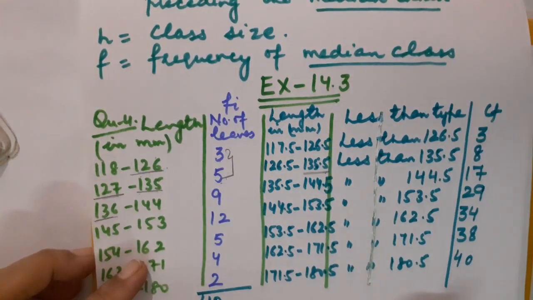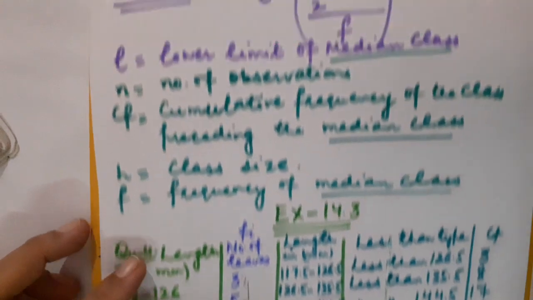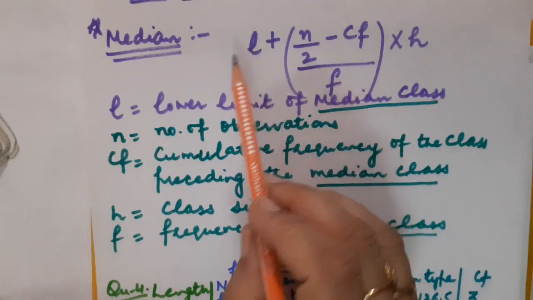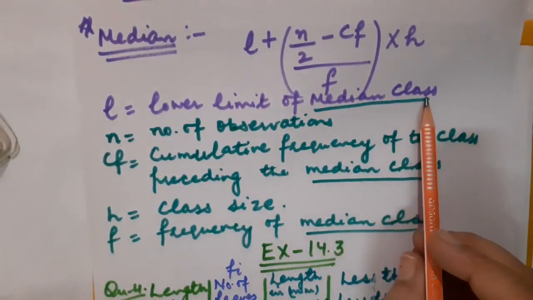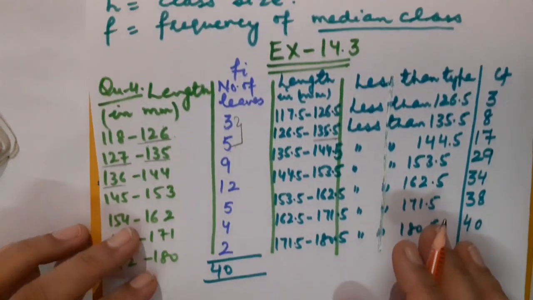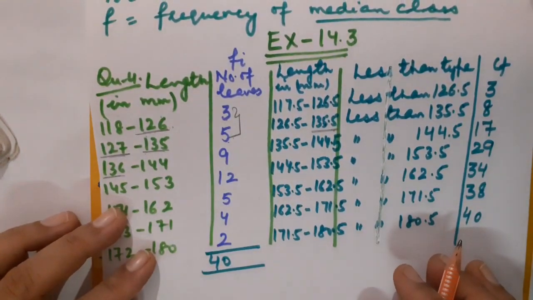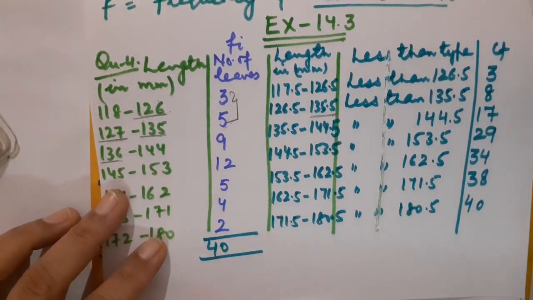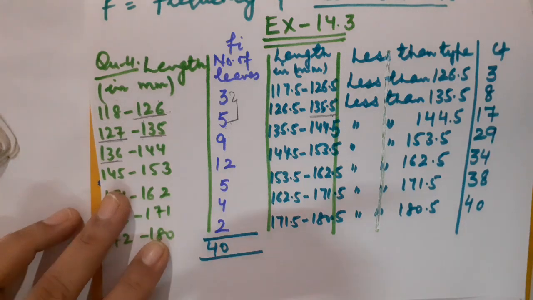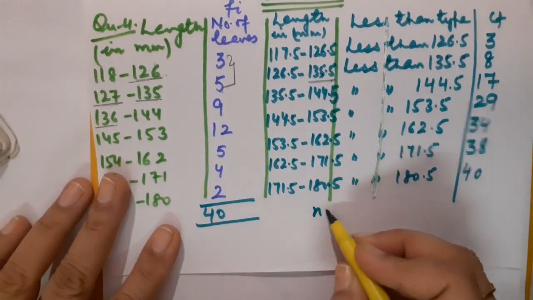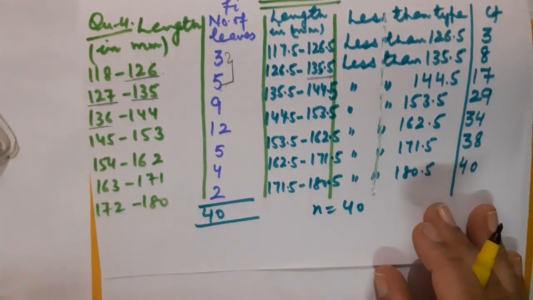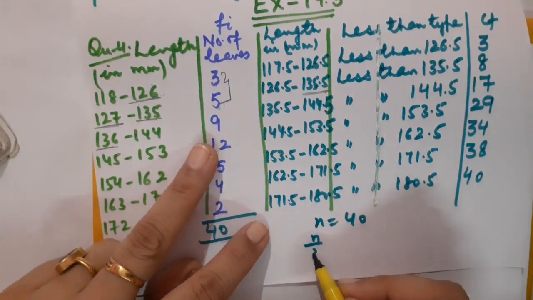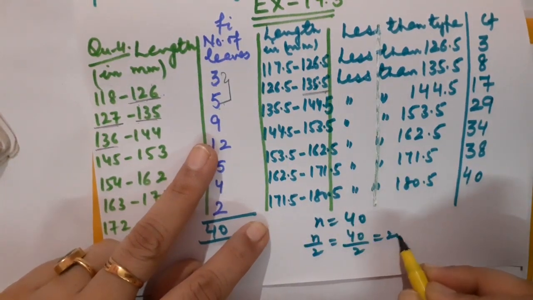Now children, before I switch to calculate median, let us understand all these terms which are given in the formula. First of all, what is L? L is the lower limit of the median class. Now the question arises how to choose the median class of the given frequency distribution table. Now please understand this concept very carefully. First of all children, you should know what is N. You know N is 40 here. Correct? I will be taking N by 2, which is the demand of the question. It would become 40 by 2, that is 20.